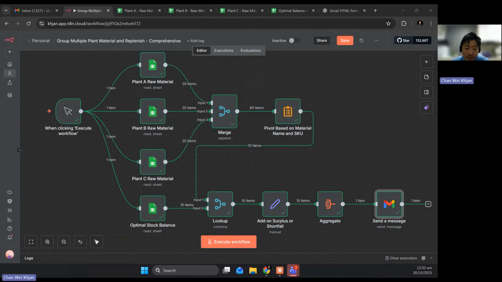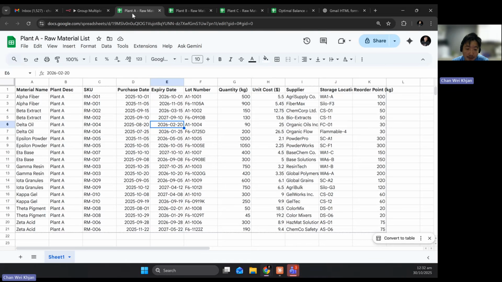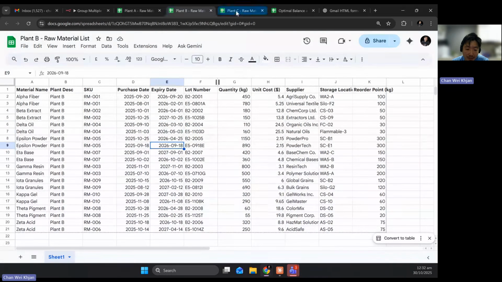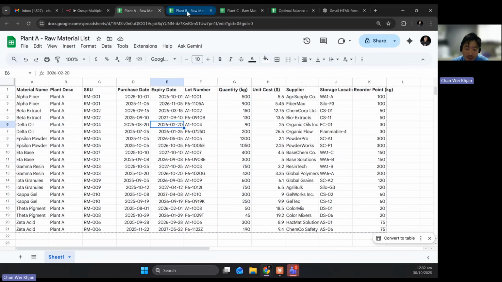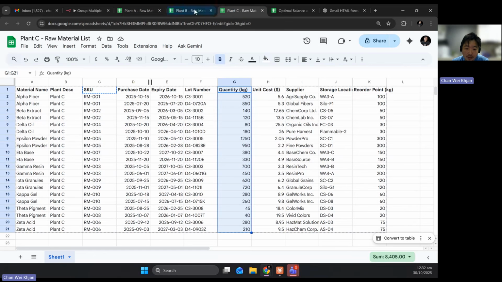Yeah, hello everyone. Now for this n8n example, what I would like to show is a simulation of a factory environment where you have multiple plants: plant A, plant B, and plant C. You have different SKUs, the material item, and the respective quantity. So what we are going to do for this exercise is to combine the information for all these three sheets